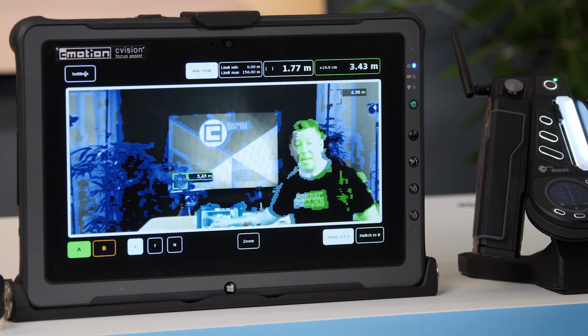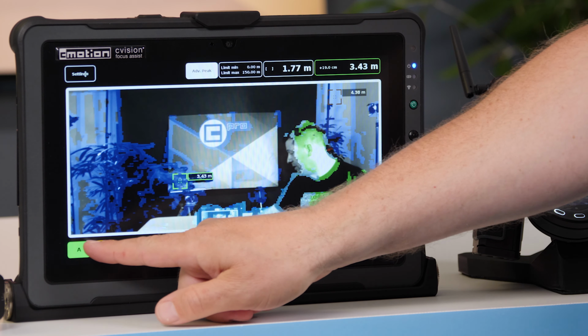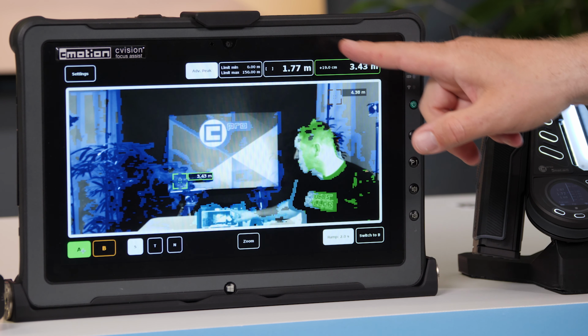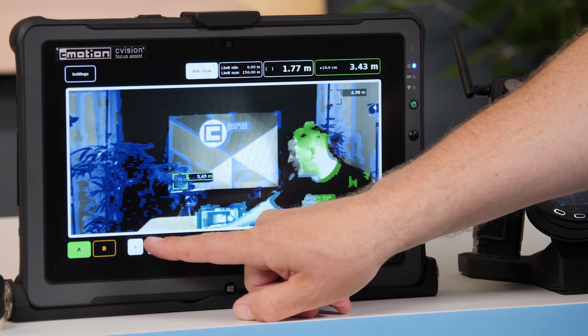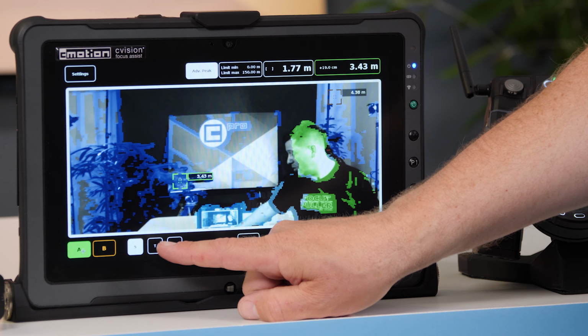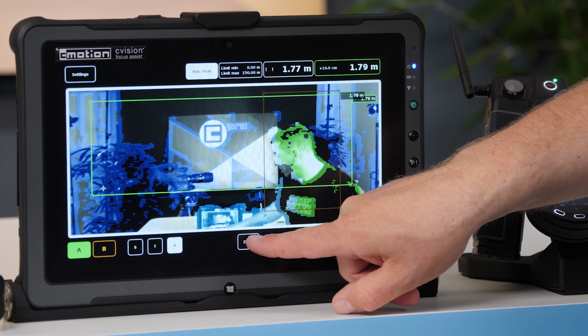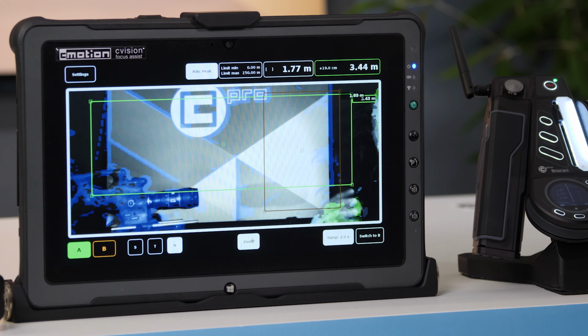Now using the system, we have 2 measurement information points, which is A and B. So this gives us 2 distance references. I can simply touch on A. This will highlight in my box and I can move this around depending on which trigger mechanism I want to use. Now we also have an option here if we're using a tight or long lens, we have a zoom